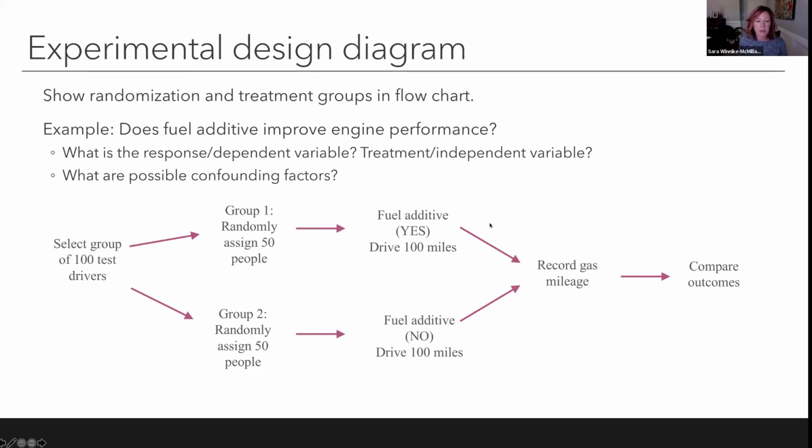So in this case, we're thinking about the response, or dependent variable. What is our treatment, or independent variable? We can think about our response is all the way over here, gas mileage, right? Our treatment, our independent variable, is whether or not we add this fuel additive. Okay, pretty basic. Hopefully this is something you've had before, but these diagrams are probably not